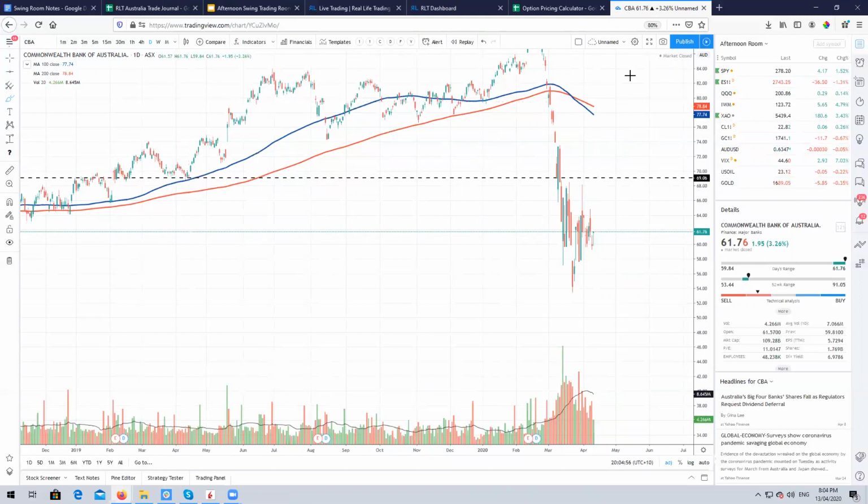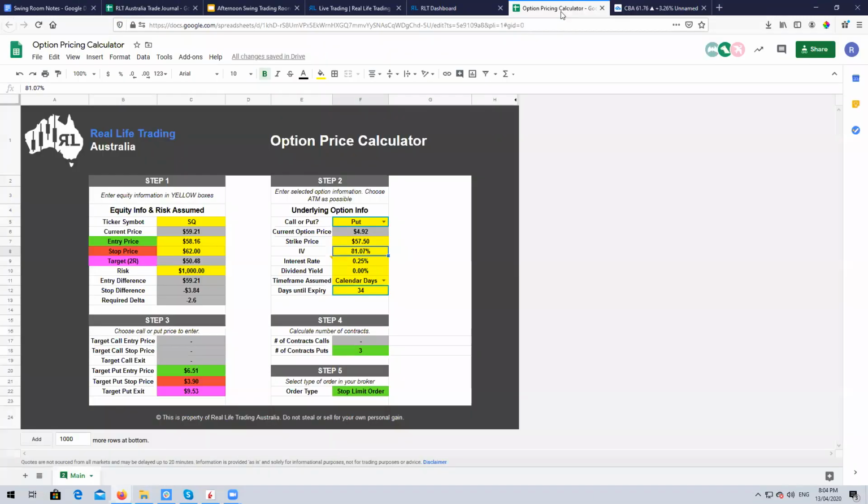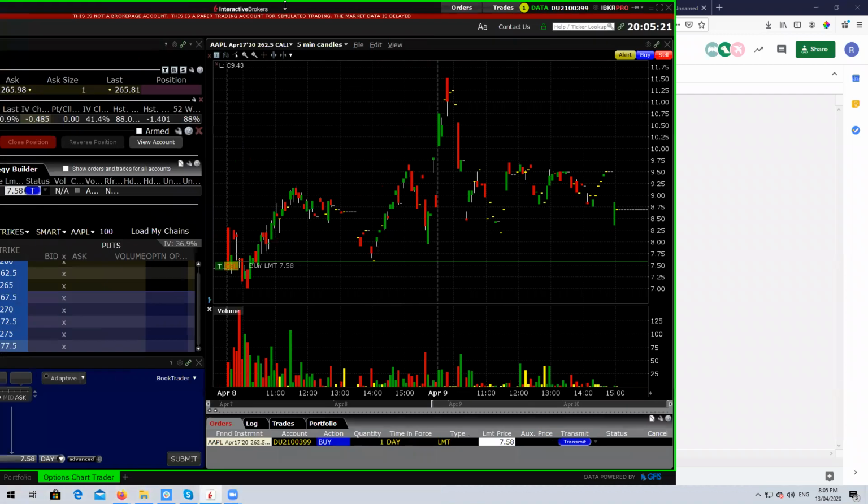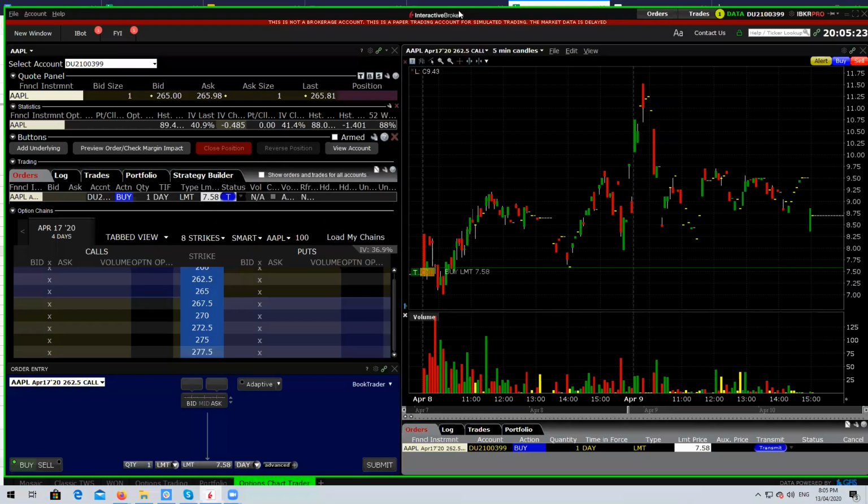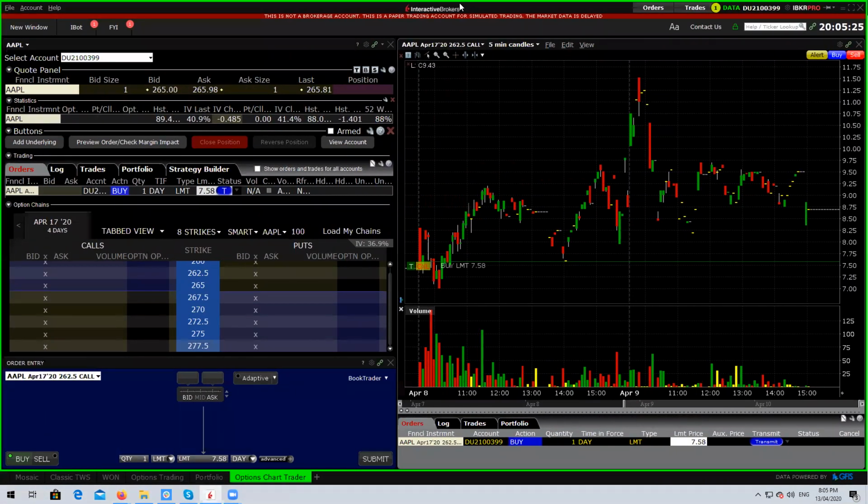So what this looks like, all right, let's just use Square for example. Now, I mentioned that you don't really even need an options chain. So for example, if you're using Interactive Brokers, a lot of people have been asking me how I've been getting the prices in the past. So you can see here, I'll just drag this across to here. Okay, this is just a demo account, but